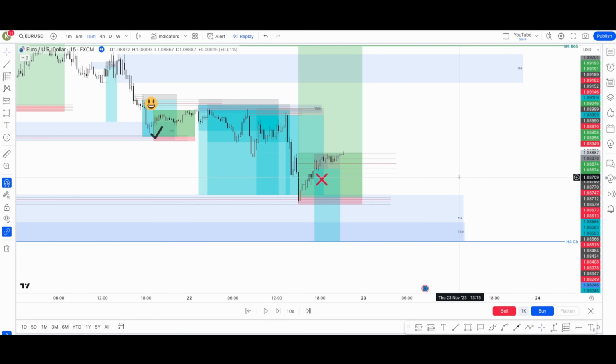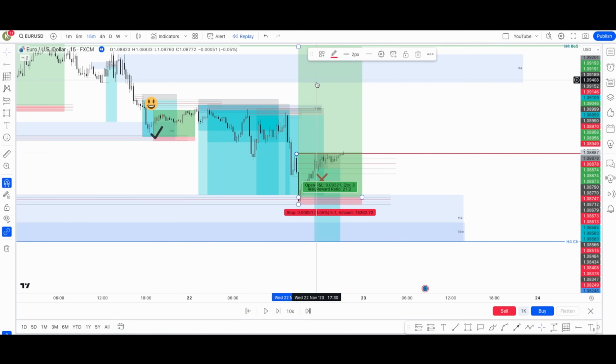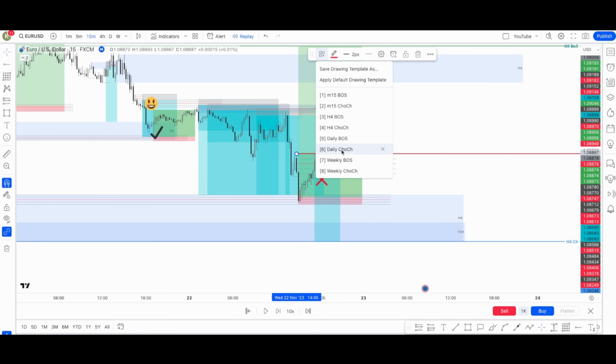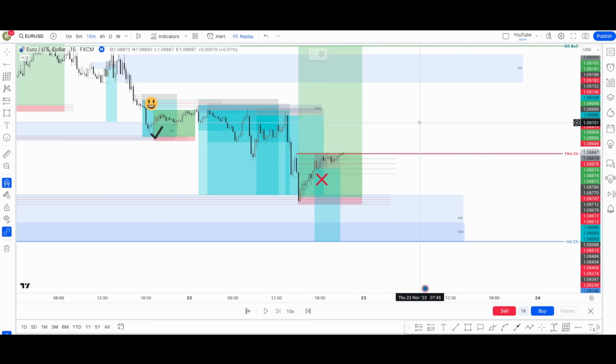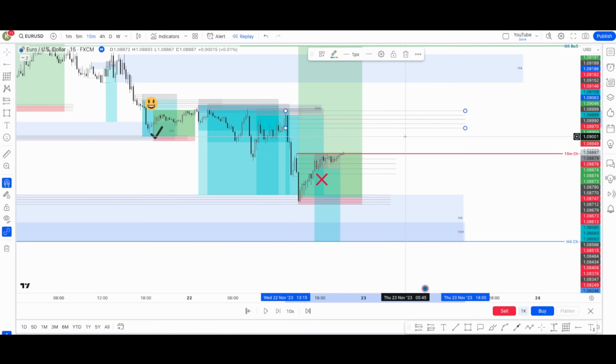This was our BOS on the 15, so I'll use this to make it a little bit easier. This is our M15 CHoCH. Now we've had a body break out of the M15 CHoCH. It means that we do not want to take any more shorts. So even though there's an order block left behind here, oops, I'll mark it up properly. Even though there's an order block to take there,